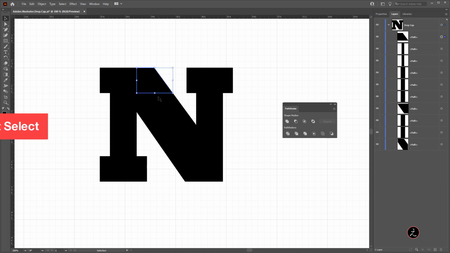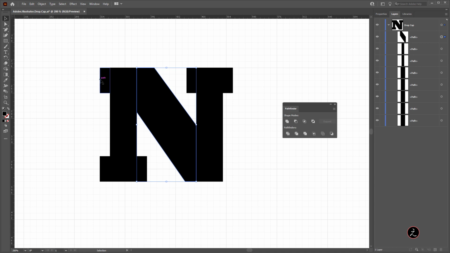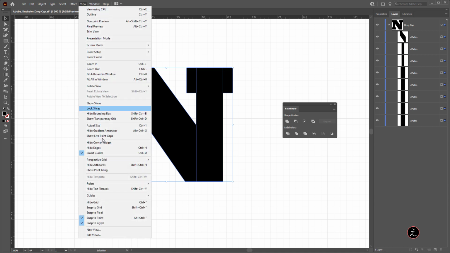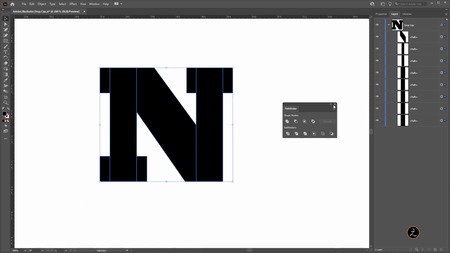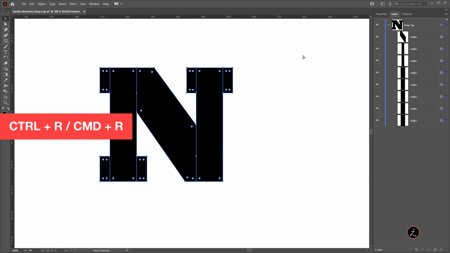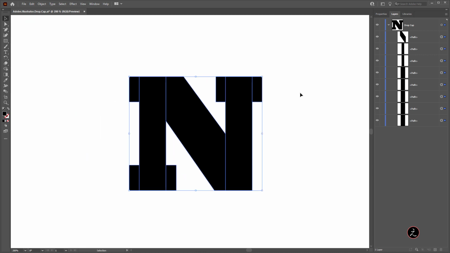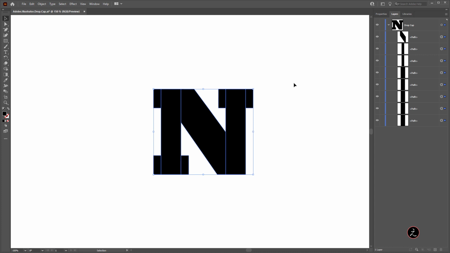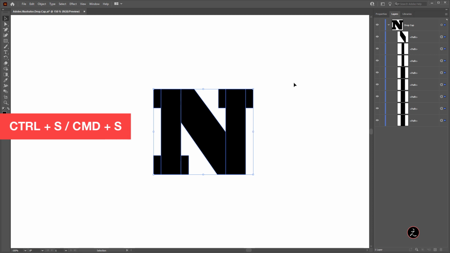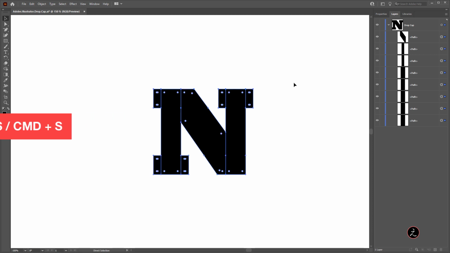And I want this one, and I'm holding the shift key as I do, to also be one path. So click once, and now we have exactly what we're looking for. All of these separate paths. Now we don't need to have the grid on, just hide the grids. There we go. We don't need this as well, or the rulers. There we go. Now we're ready to go to the next step and apply some patterns to these separate individual paths. Just don't forget to save your work. Control to save, Command to save.